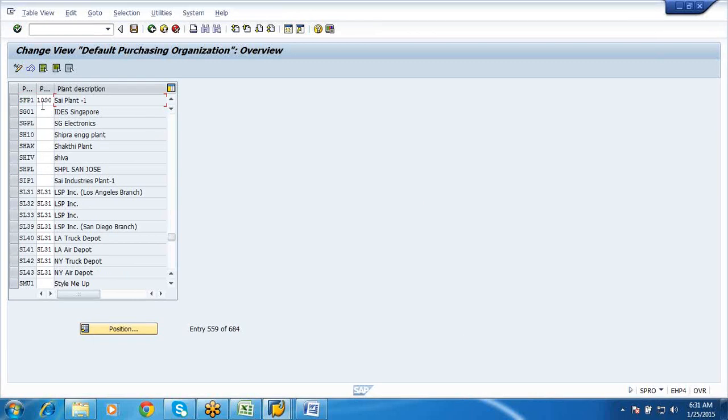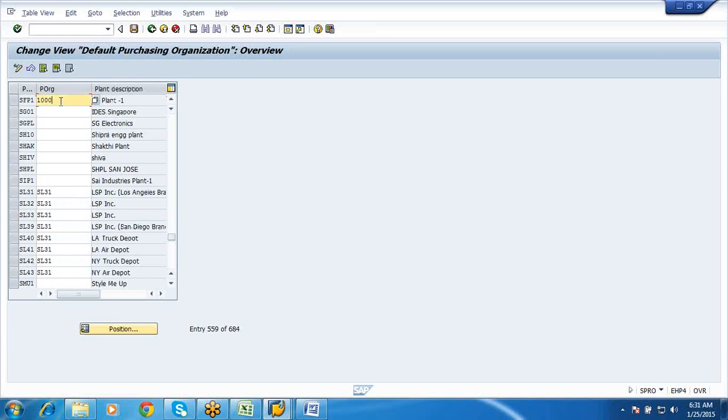See, this is the reason, because for me the purchase organization, I have given a reference purchase organization of 1000. Okay, so if I remove this, probably we would be in a position to overcome that error.